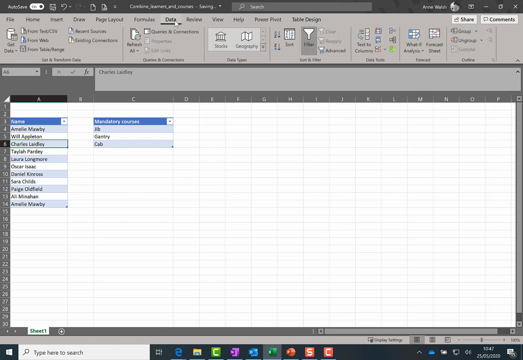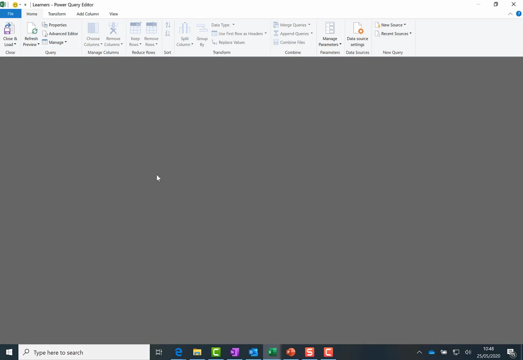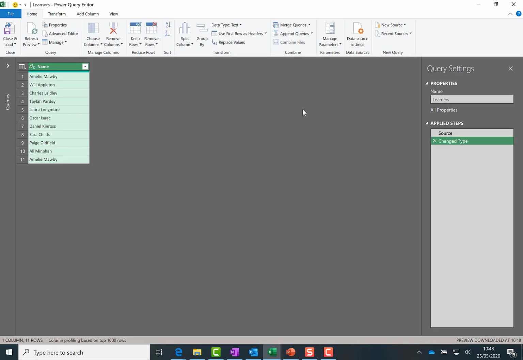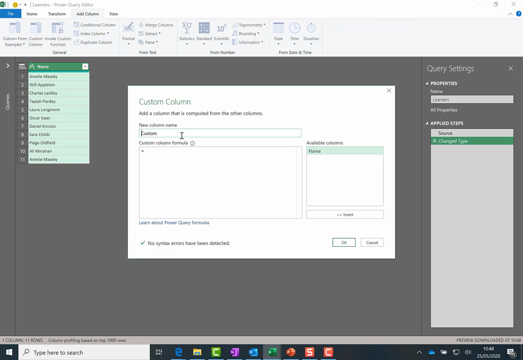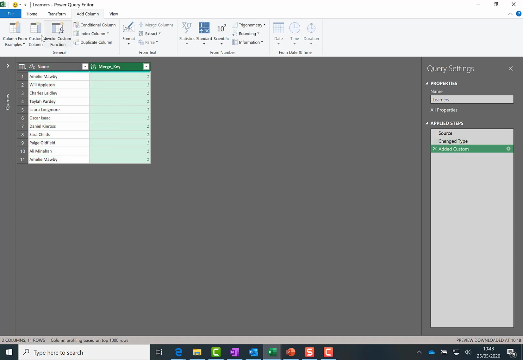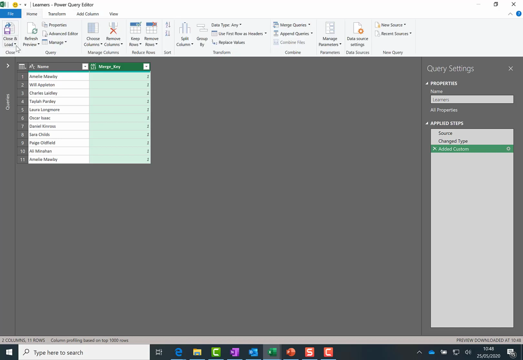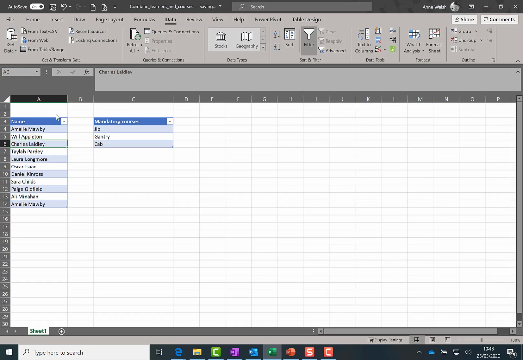So I go to data, from table range, there it's called learners, and I'm going to add a column called a custom column. Now this technique comes from a guy called Ken Puls, and I'll reference him in the blog post. Essentially what it does is create sort of an artificial way to link the two data sets. I then go to home, close and load to,